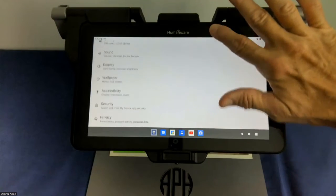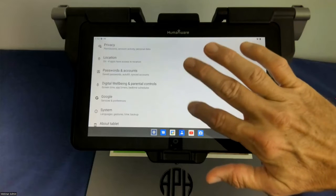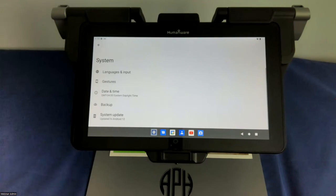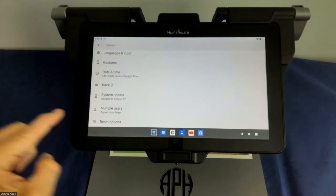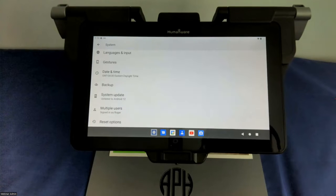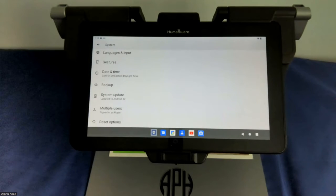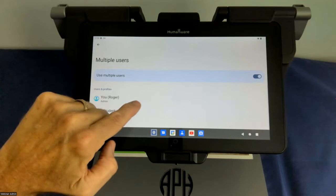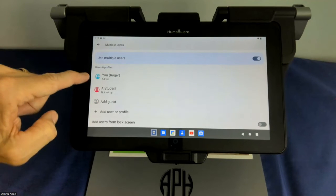First, I'm going to scroll down through the list. And when I get to System at the bottom of the list, I'll tap on that and scroll down, and you'll see that there is a multi-user option there. Let me lock my zoom so it doesn't keep focusing. I'm going to tap on multiple users here, and you can see that I have an administrative user named Roger